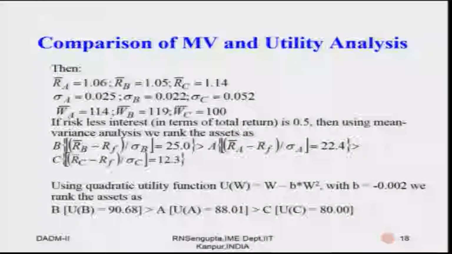So, we find out R bar A which is 1.06, R bar B which is 1.05 and R bar C which is 1.14. And the standard deviation, we are just using the same symbol as sigma. Technically, if you remember the concept of DADM 1, many of you would be interested and trying to question, and rightly so, why do we not use the standard error for the sample,